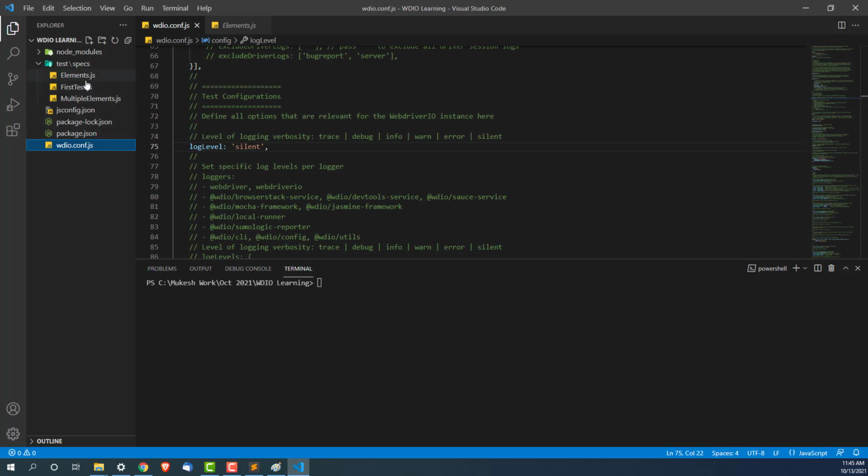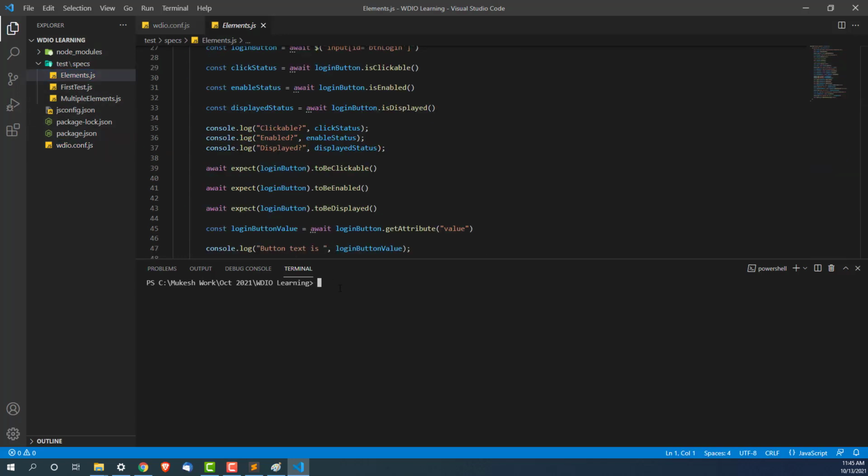First of all I will try npx WebDriver IO run, then I'm going to run this WebDriver IO config file. The moment I run this, it's going to take a few seconds and then it's going to start the browser. But you will notice one thing, it says execution of 3 workers started at this point. This is the date time it captured. Now it is trying to launch,